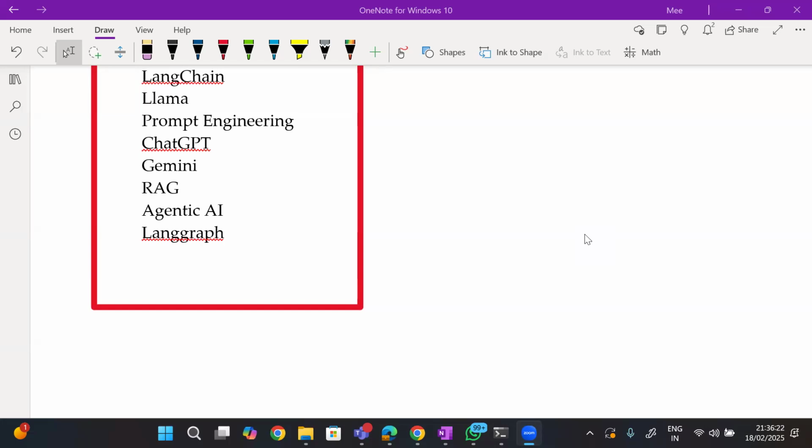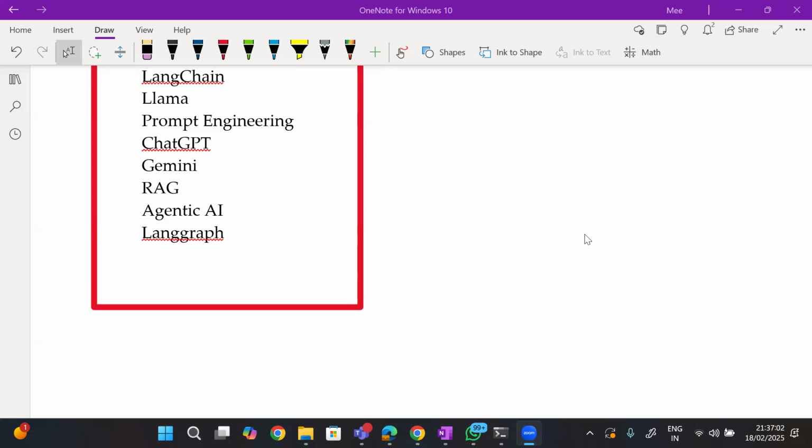Apart from that, we have generative AI and agentic AI. All these things, even if I cut off Python, should take minimum 5 months for me to complete, if I'm going at a decent speed. I am not saying very slow, I'm going at quite a good speed, and it will still take minimum 5 months. This is my course content. I never compared my course content with the other people over here, because I'm not sure what they teach.